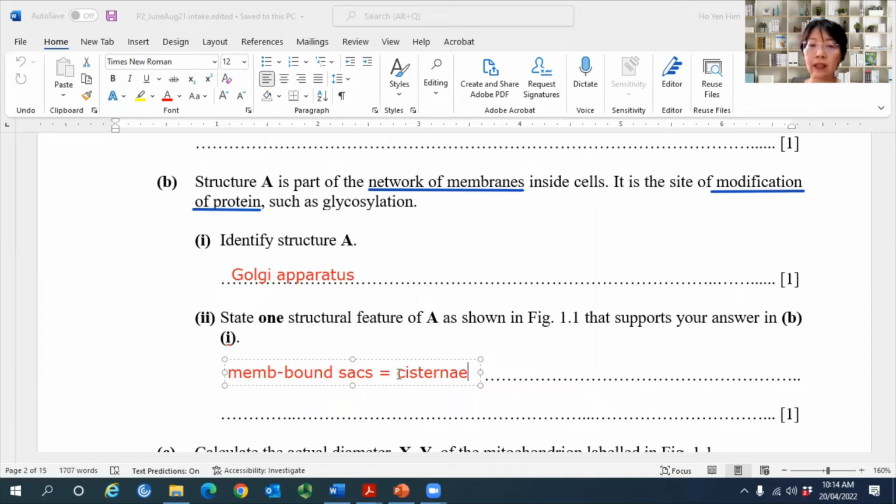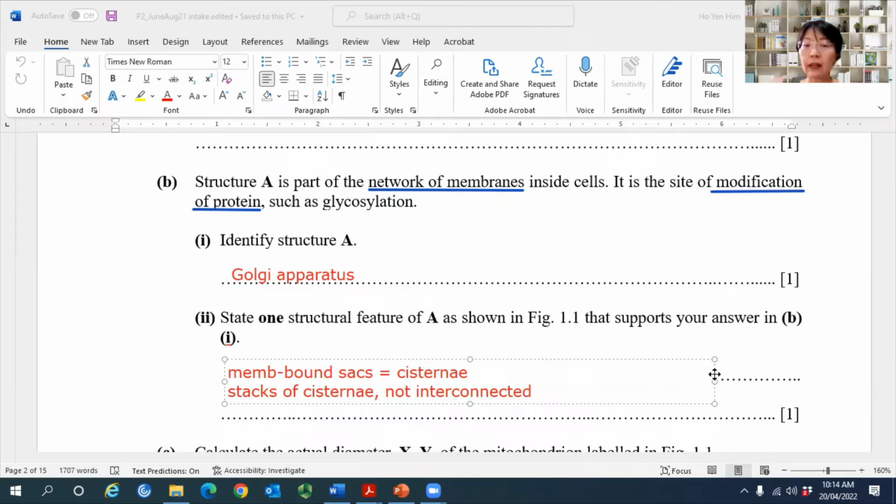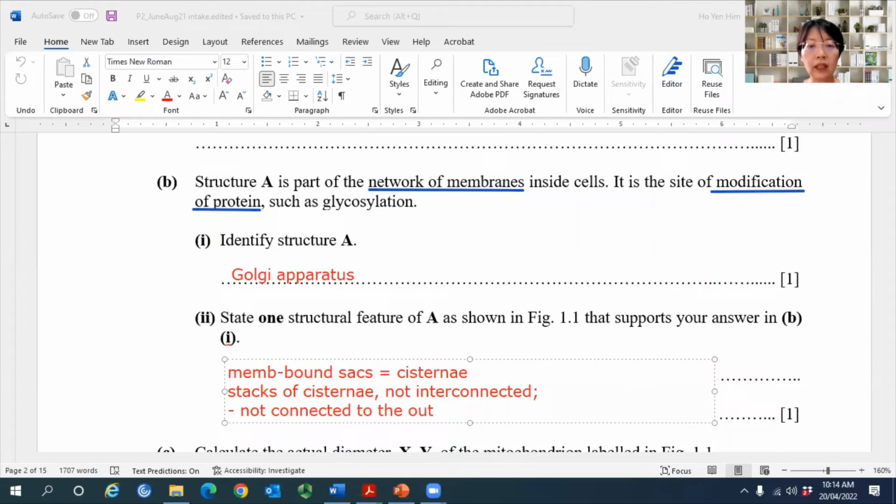So the Golgi apparatus is made up of stacks of cisterne. This is the first thing: stack of cisterne. They are not interconnected. Some of you write this is rough ER. In rough ER, the cisterne are interconnected, but this one is not interconnected at all. So it's stacks of cisterne that are not interconnected. And not only that, another thing is it is not connected to the outer membrane of the nucleus. If it's rough ER, it is not only interconnected, it's also connected to the outer membrane of the nucleus, but